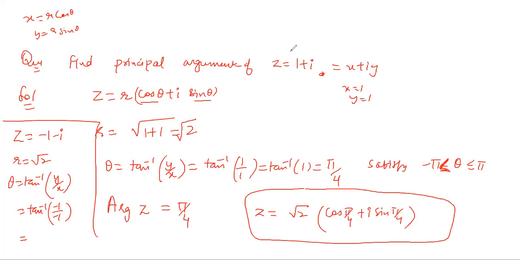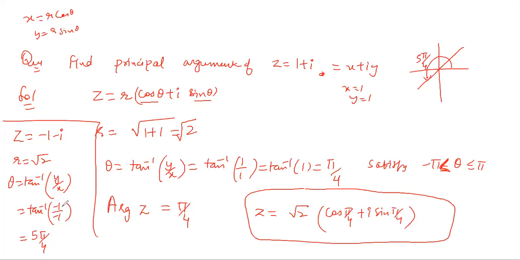So which quadrant are you in? Third quadrant. So now you need to tell me what value this will be in the third quadrant, which line this is going to be. This is going to be 5 pi by 4, right? So you see here, right? So this one is pi by 4, but you have to be in the third quadrant. So in the third quadrant, this line, actual theta is 5 pi by 4. I hope this is clear to everyone.